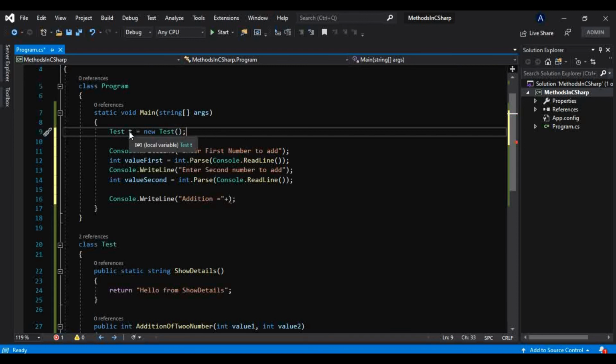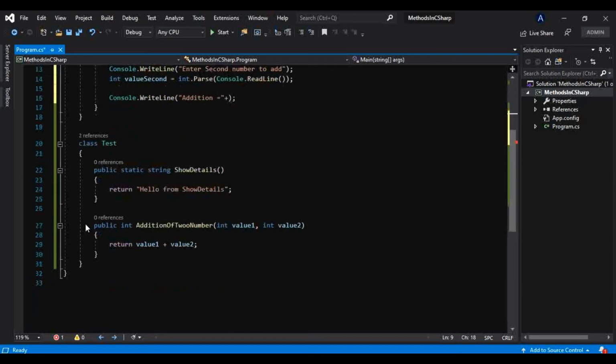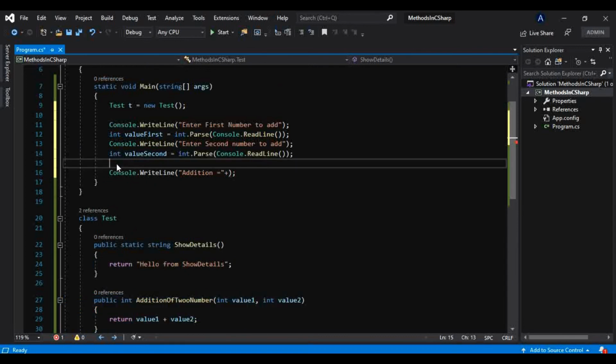Now we know on this object we can call the method present inside that class, that is the addition of two numbers.